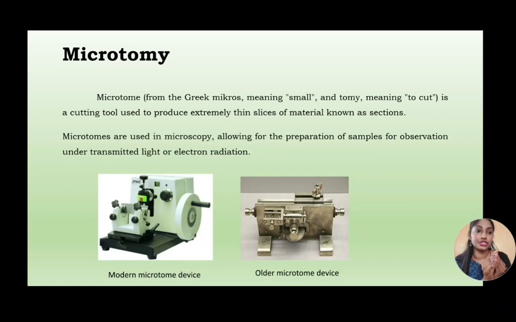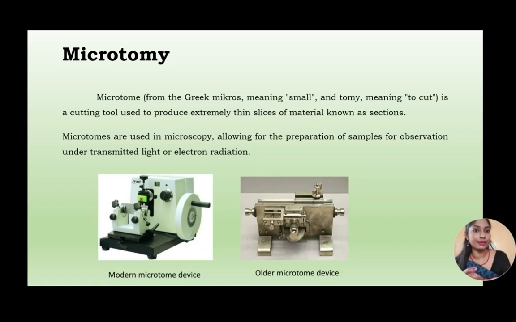So how do we take sections? Usually in labs we use blades to take sections. Mostly for botany we would have done that. To take sections we use a stainless steel blade, but here it is not useful. The simple blade is not used for tissue sections because we do not get a thin slice. So in order to get the thin slice, a microtome is used, or microtomy is performed.